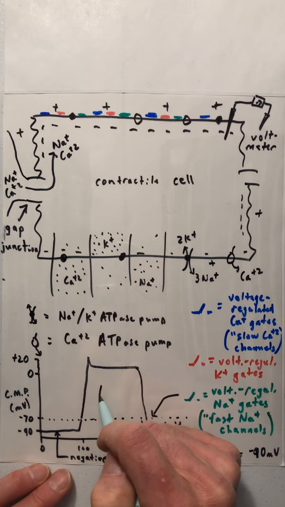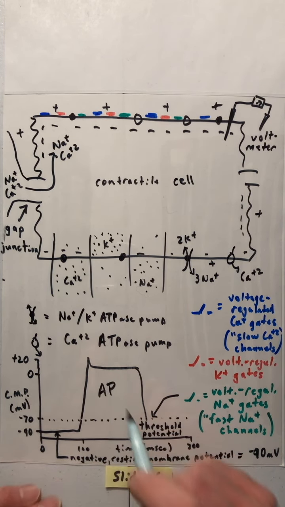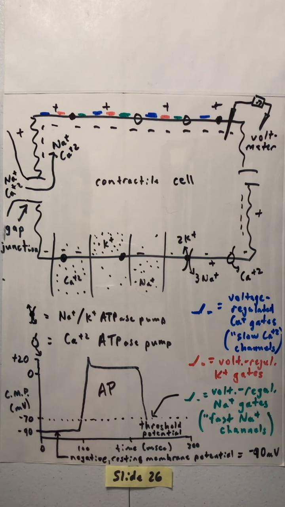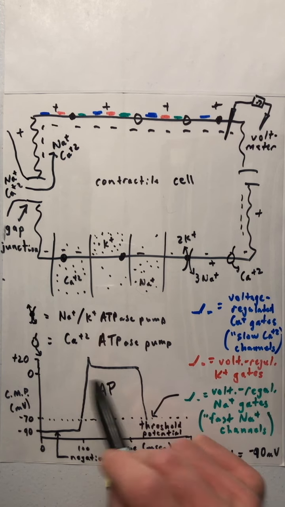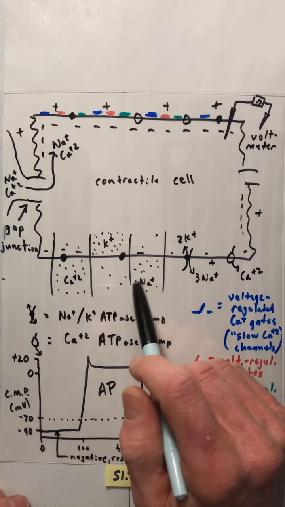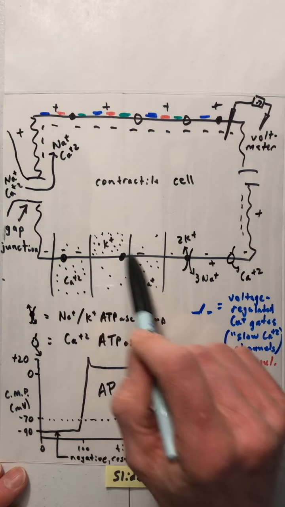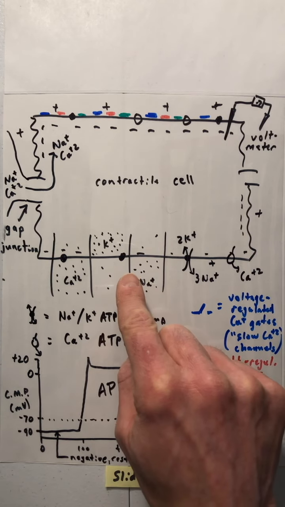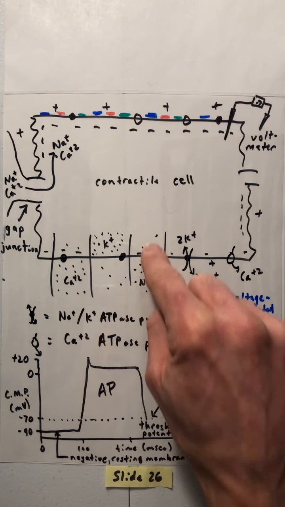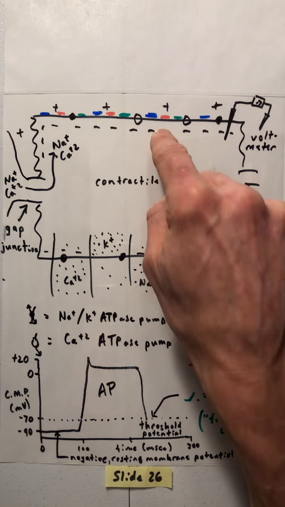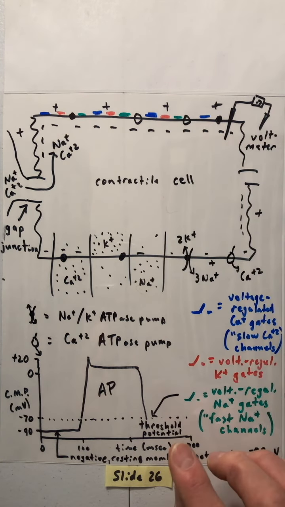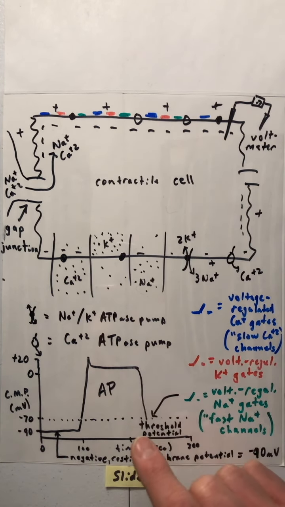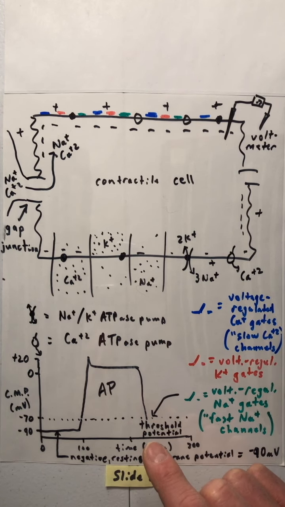So the shape of this AP, or action potential, is a little different than the shape we saw in the autorhythmic cell. But the general concepts are the same. Action potential would not be possible were it not for the previous setting up of these steep ion gradients. And in the same way that we saw with the autorhythmic cells, because of these ion gradients and the concentration gradients and the electrical difference in charge across the membrane, each of these ions has a certain equilibrium potential